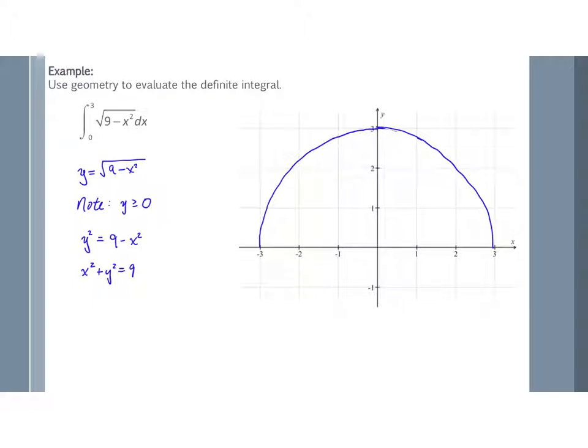Now why did I not draw the bottom half of this circle? And it goes back to the fact that y has to be bigger than or equal to 0. So our curve must be at or above our x-axis. Now look at the limits of integration. The limits of integration are from x equals 0 to x equals 3. So if we look at x equals 0, it's the vertical line through the origin, and it's also known as the y-axis. And then x equals 3,